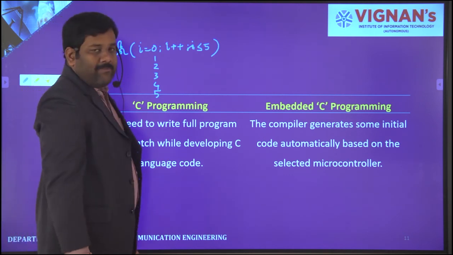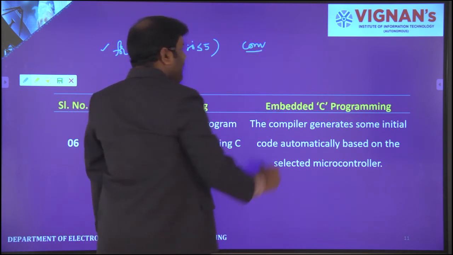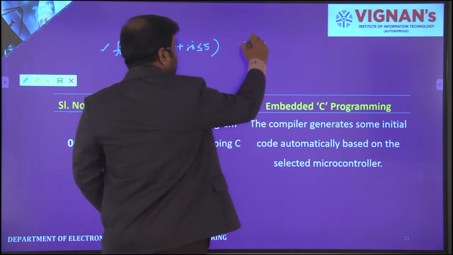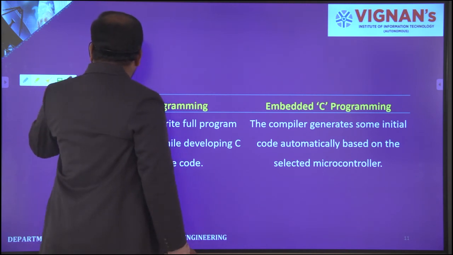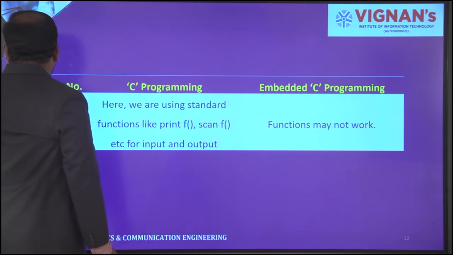The same thing can be implemented in embedded C. They directly use a statement like conv, that's enough. Directly it will implement the operation, whichever convolution operation it is. No need to write the entire description of each and every variable that will perform the operation.